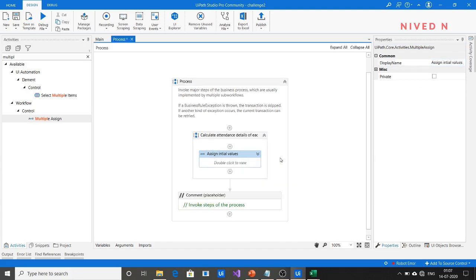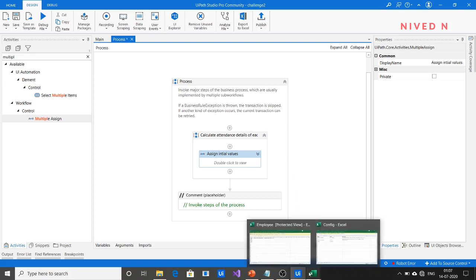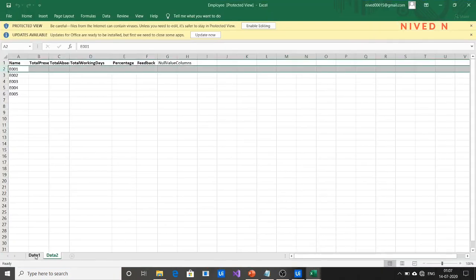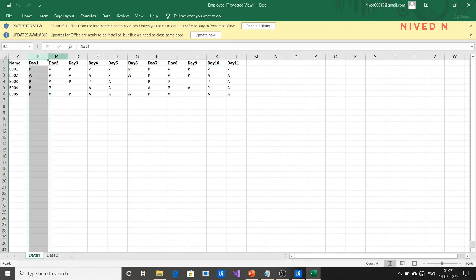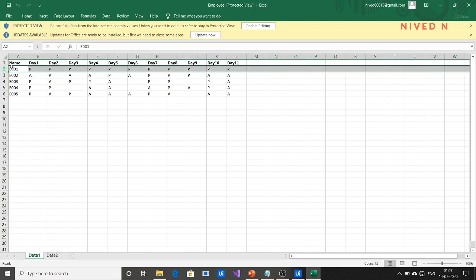Next, in process transaction we are taking each transaction item, meaning each employee's attendance details, and calculating how many present and absent days there are. We have to know the number of columns, so that we can take each cell value of each employee's details. For example, consider employee E001 as a transaction item.